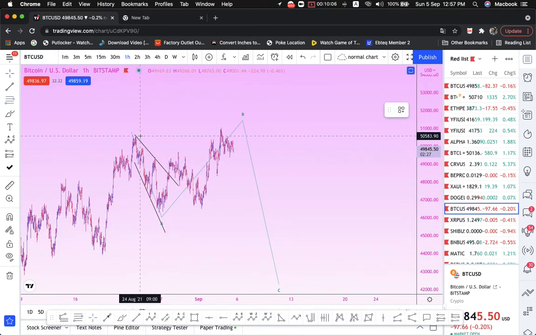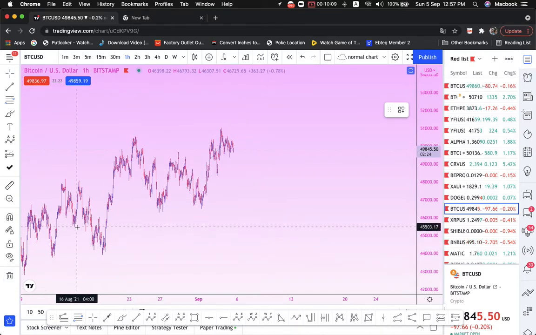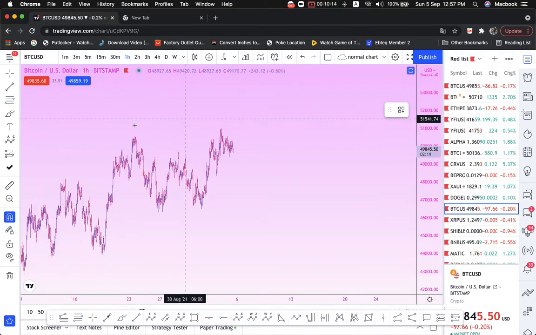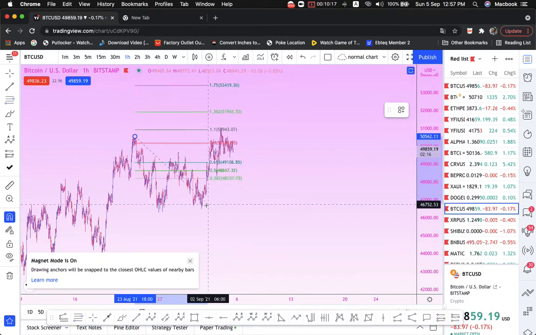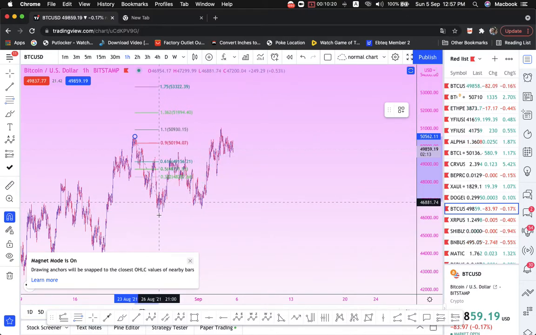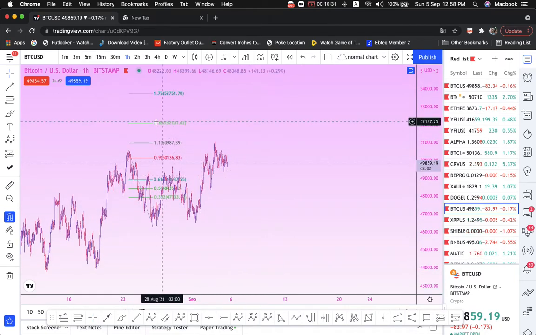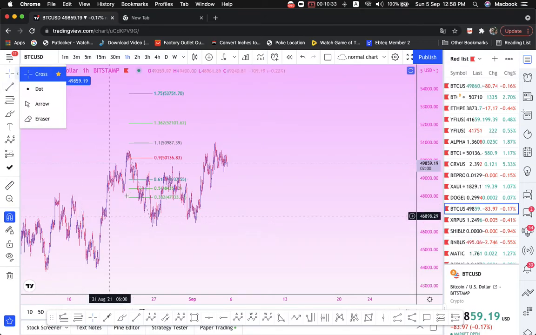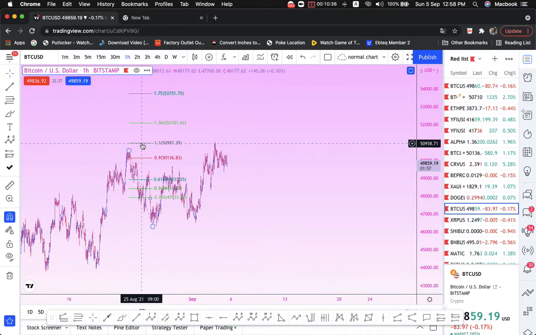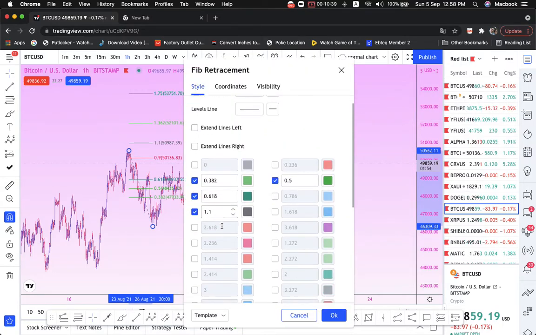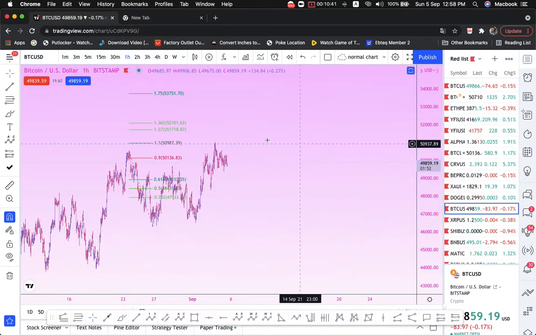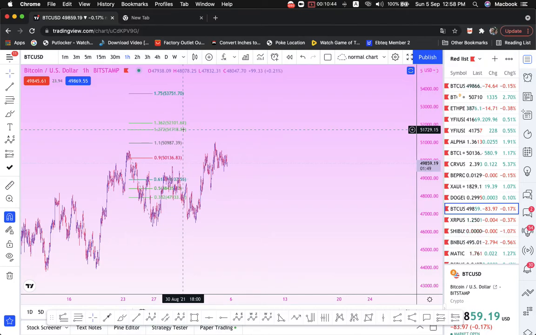let me pull it from the top. Let me remove some of the lines and let's activate the magnet, weak magnet. Alright, it's going to pull here and we're going to measure the last low. Okay, so it hit the 1.1 and then rejected, but I'm expecting it to hit the 1.272. So I'm expecting it to hit at the 1.272,